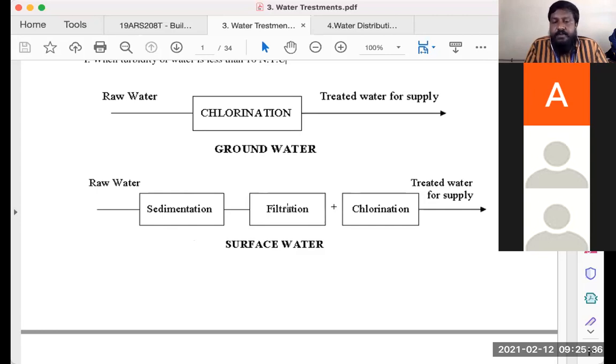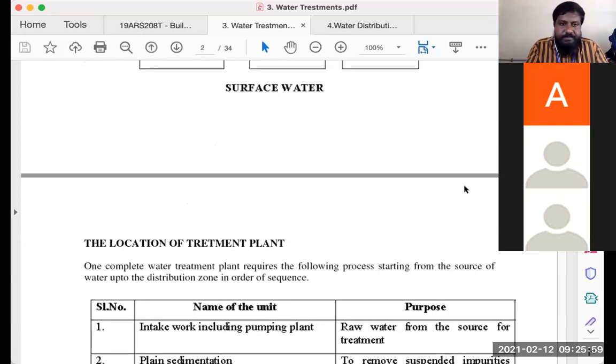Filtration is, anything which has not gone through the sedimentation goes through a filter screen where it gets filtered out. And at the same time, when the filtration is happening, a chlorination, the chemical process. So here, if you can see, when the water is treated, there are two methods. One is a physical method, and another is a chemical method. Where chlorination happens, and then the treated water is supplied.